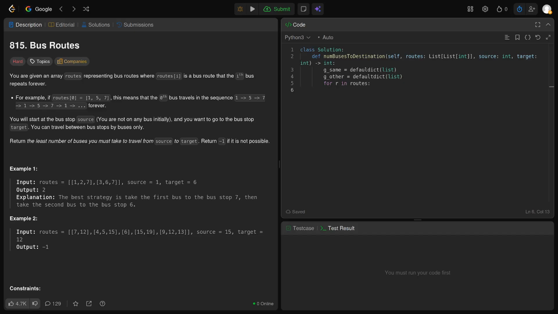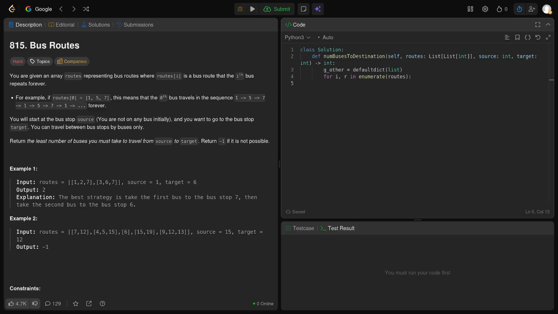Now I go through routes, and now the problem is that, no, I just want to save G other, I think. So for enumerate routes,